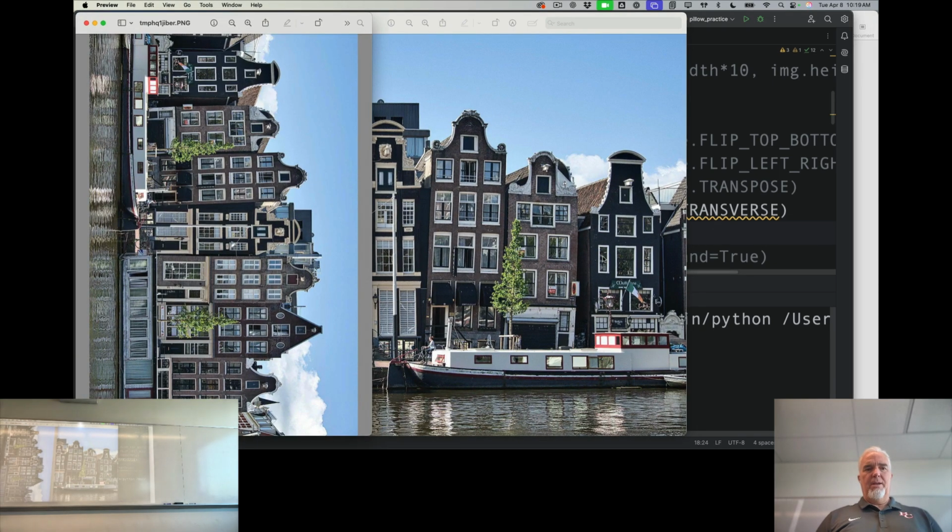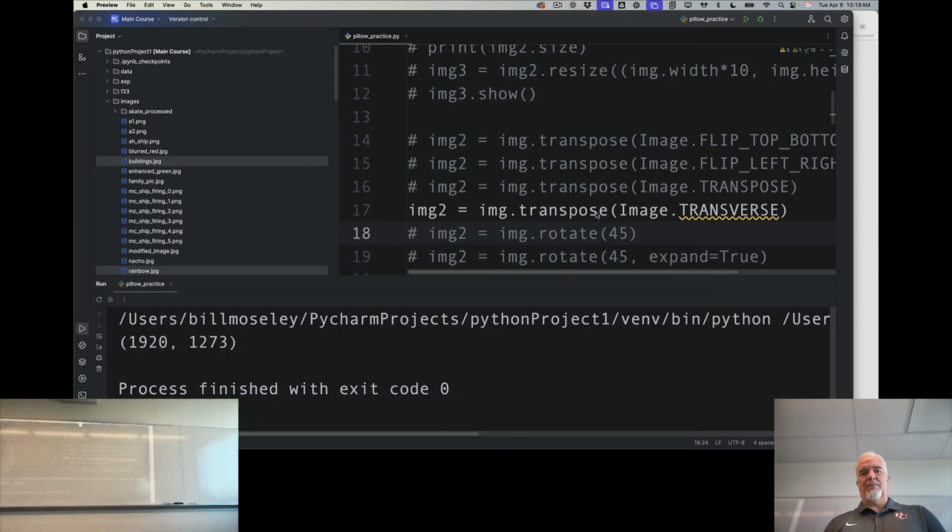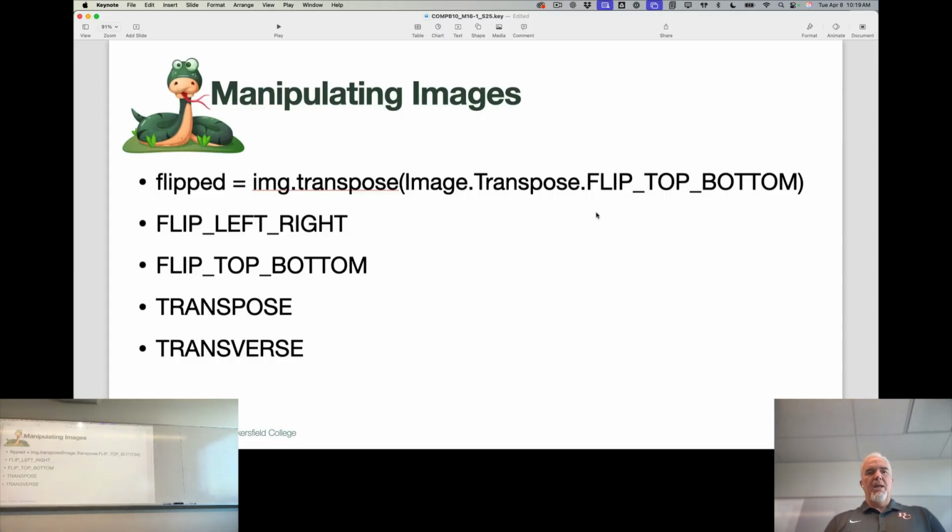You're flipping it horizontally and then rotating it clockwise. So you're taking this corner and flipping it up here. Why would you want to do that? I don't really know. I've never really used that in any kind of thing, but you may want to analyze images a certain way, and doing that operation might help you. Okay, so